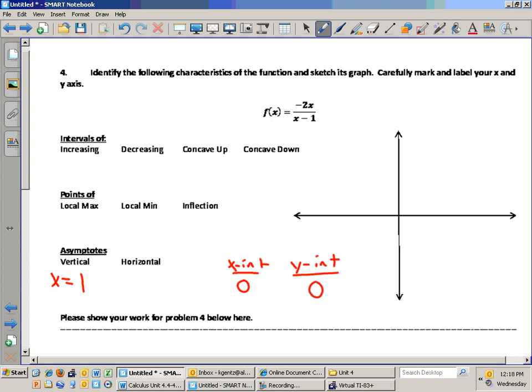I have a horizontal asymptote that occurs where x approaches positive infinity and negative infinity. So let's investigate this. Let's take the limit as x goes to infinity. I should divide the top and the bottom by